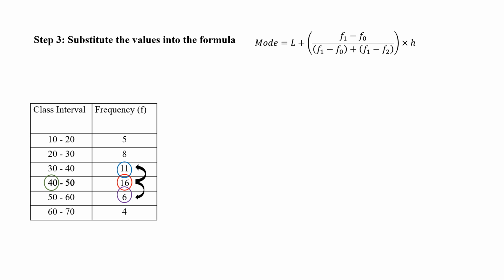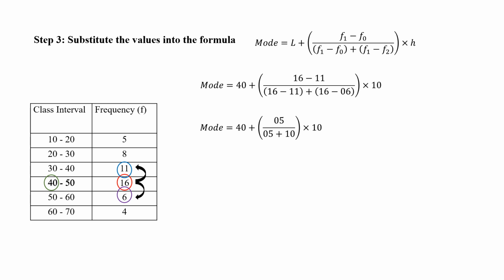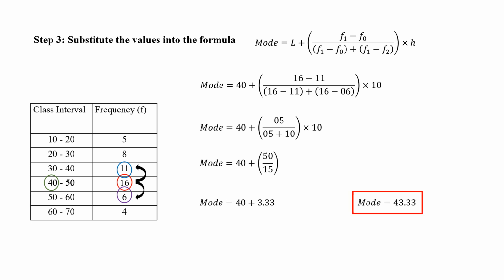So step number 3 is how to substitute the values into the formula. So here, when we substitute the values into the formula, we find that the mode is equal to 40 plus 16 minus 11 divided by 16 minus 11 plus 16 minus 6, all this times 10. So here our mode is equal to 40 plus 50 divided by 15. So our mode here is